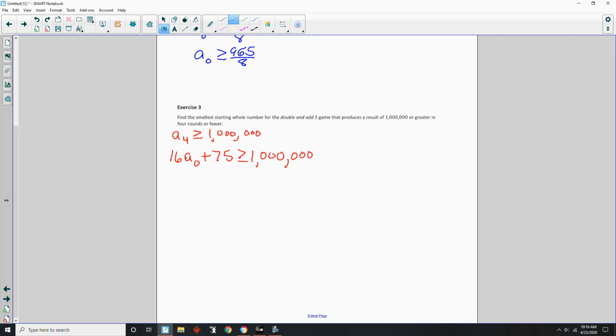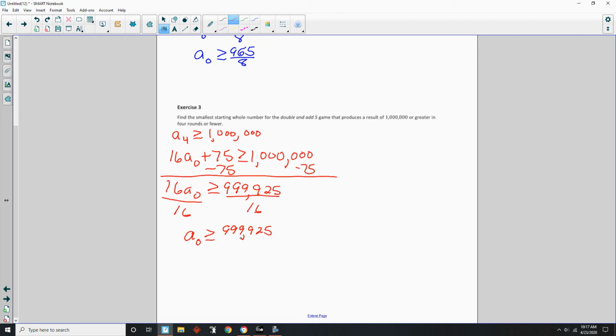Okay, now we're going to solve for a sub 0 by subtracting 75 from both sides. So that is going to give me 16 a sub 0 is greater than or equal to 999,925. And then I divide that by 16, divide this by 16, and I get a sub 0 has to be greater than or equal to 999,925 over 16. Or a sub 0 has to be greater than or equal to, and let's use the calculator for this,